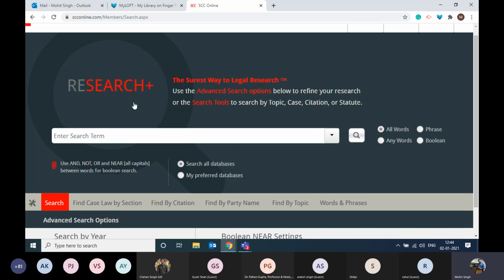We are looking for some judgments on the account of family law, in which we are looking to find an answer whether the second wife should also be entitled to get the interim maintenance or not. How can you enter that query? How can you search that query? That is the question, right? So I'm going to give you the method of what are the different ways to search. Whichever method works for you, you can do that. So first of all, type the query as it comes into your mind. That is the easiest method.